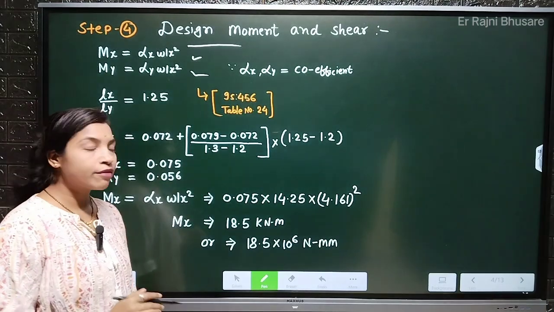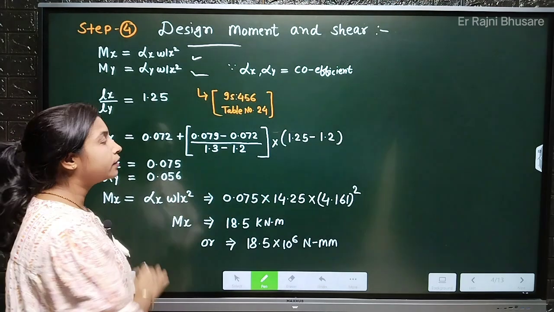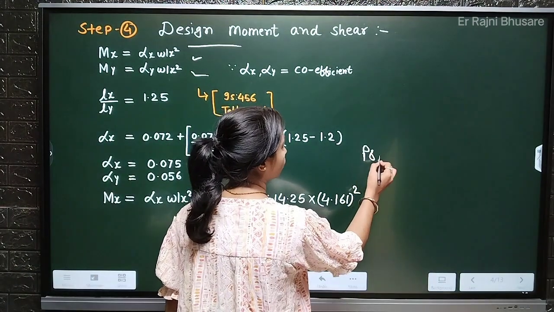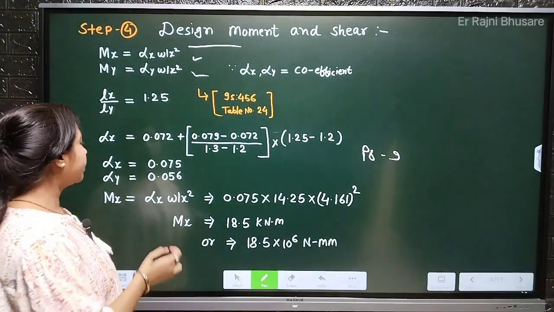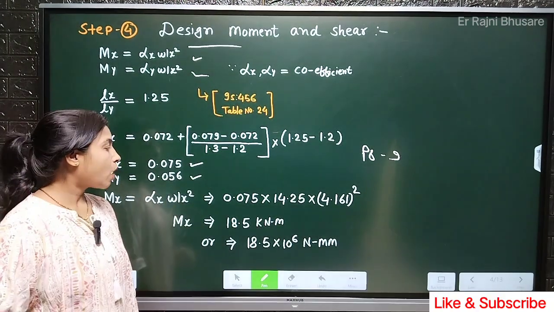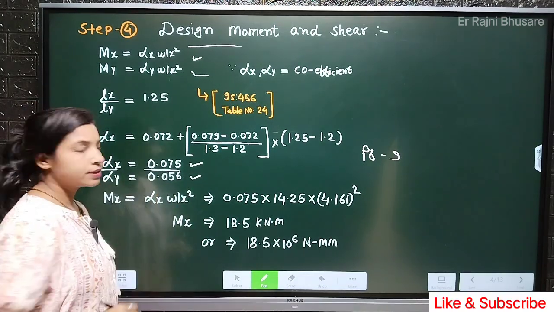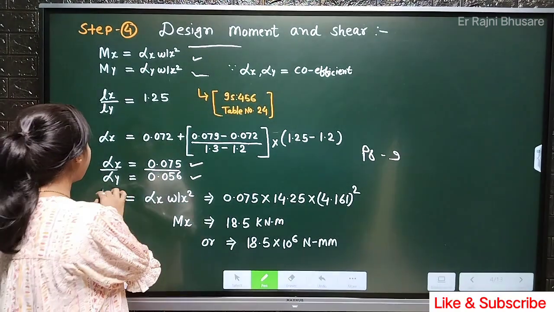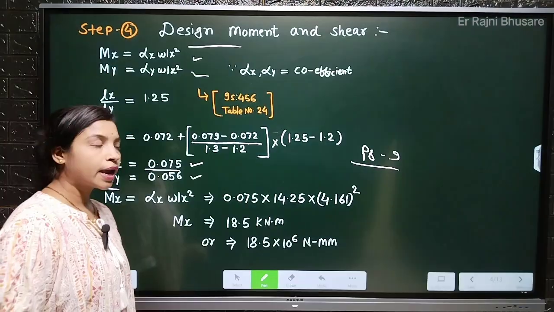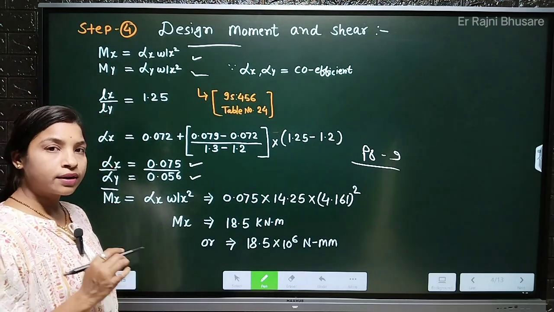As we know, we have a simply supported slab and we have decided the type of panel. I am taking here case number 9, four edges discontinuous, and you can see it on page number 9. We have determined that alpha X is for the shorter span and alpha Y is for the longer span. After interpolation we can determine the value of alpha X is 0.075. Okay. Now alpha Y value is directly given in IS code page number 9. If you want to see the interpolation method, you can see my previous video and understand it there.